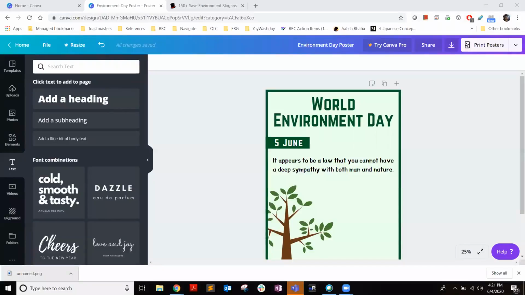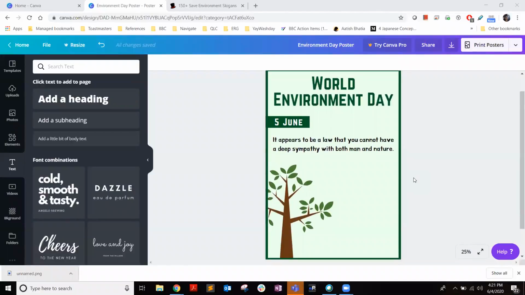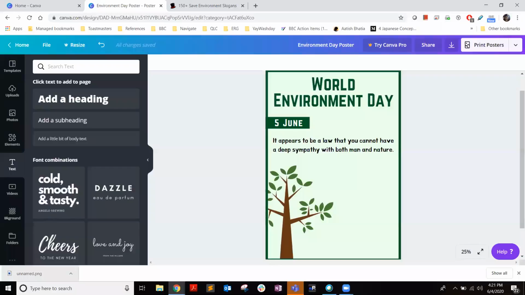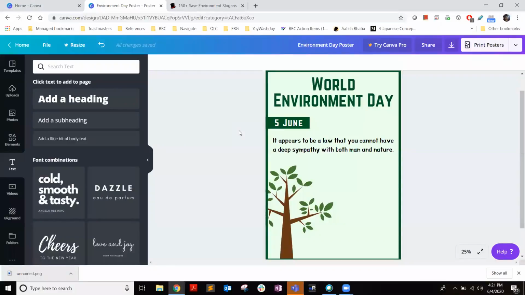There is a connection issue. Is it better now? Can you see my screen? It says your internet connection is unstable. Okay, let me try. Is there anyone else who cannot see my screen?